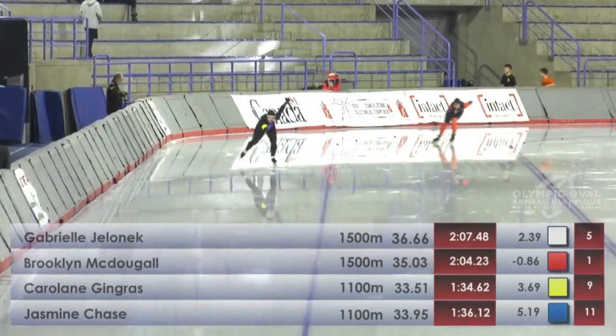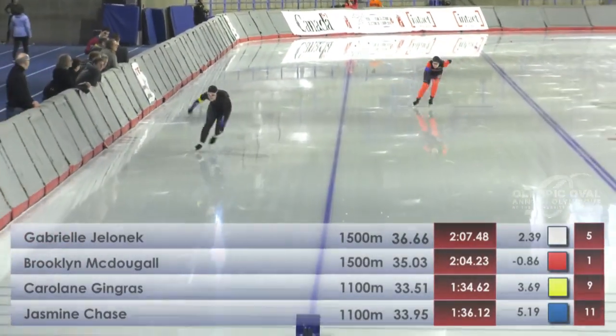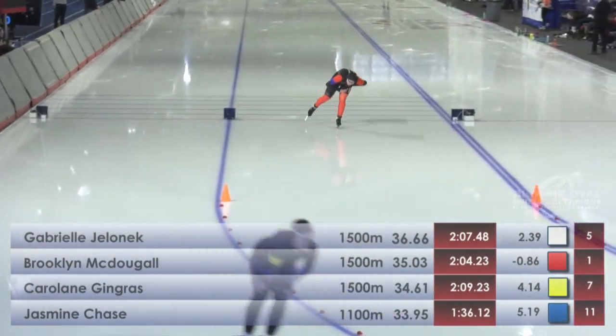Final pairs coming through. Gingras in front, Jasmine Chase. Less than 100 meters to go. Finishing strong, putting in a time at the line of 2:09.23,